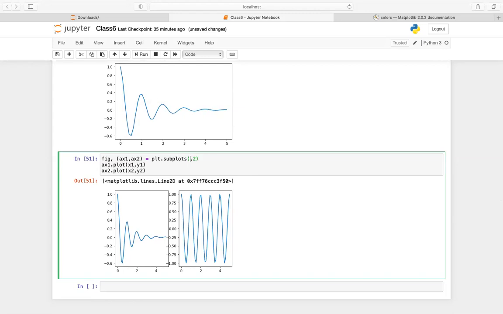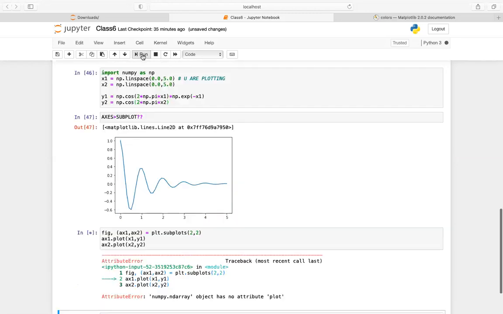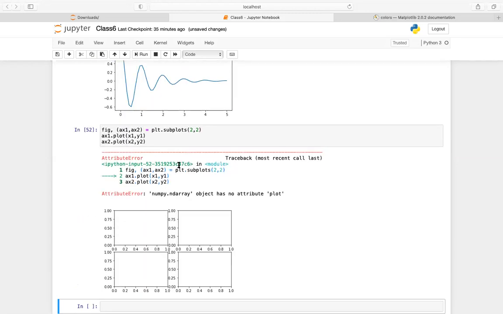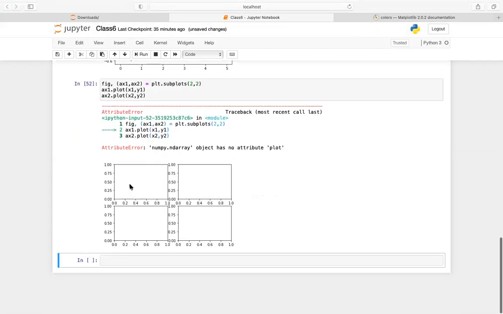Let me explain once more why 2 comma 2 did not work. You can see there are four boxes here, right? Name this box row wise: this box is row 1, column 1. If I have only one plot, the default number should be 1 comma 1. Now let's say I have only two plots. 1 comma 1 is my default, and that will always be there because one plot will always be there for plotting, right?